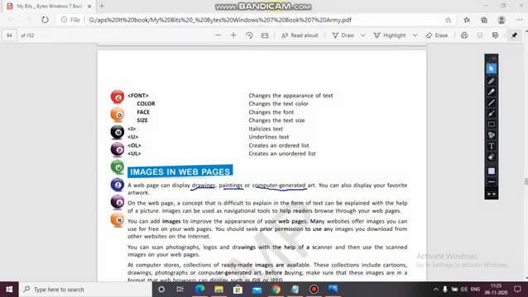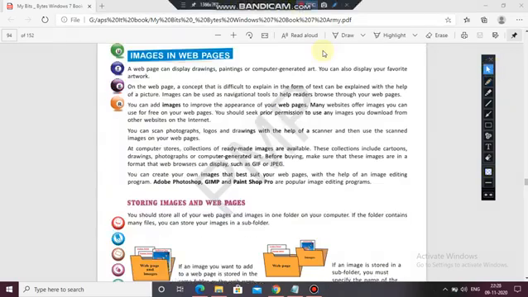For this, on the web page, a concept that is difficult to explain in the form of text can be explained with the help of a picture. Means any concept which is difficult to explain in the form of text, if you can't get the idea of what it is about from the text, then you can use the picture.